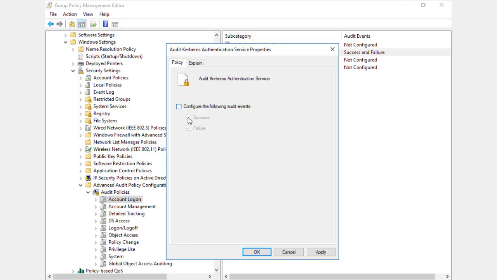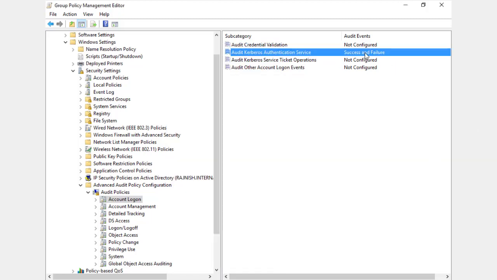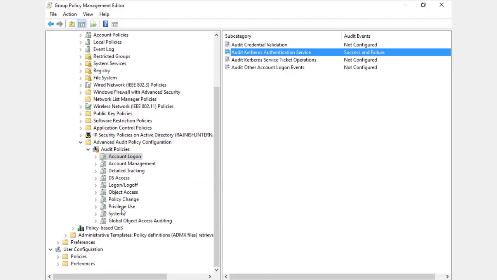Then we have to define its success and failure part, like we will click on success and failure and we will configure it and apply it. Okay. If success and failure is defined right here, then we have created our audit events and we will now update our policies, whatever we have changed right here, from command prompt. For this, we have to go